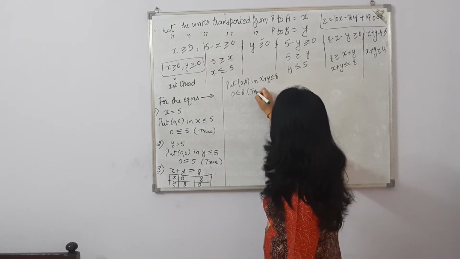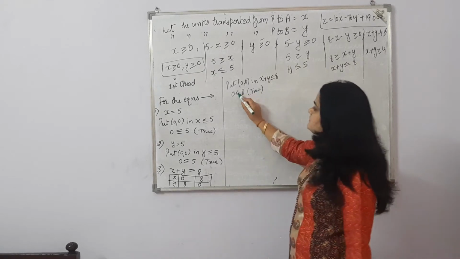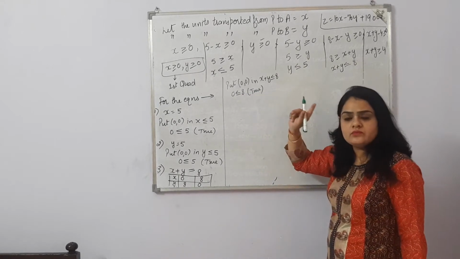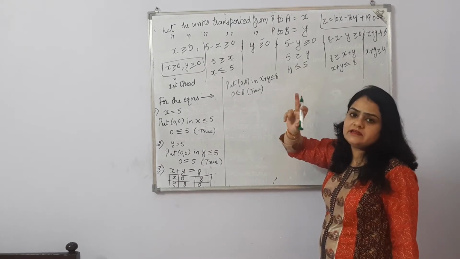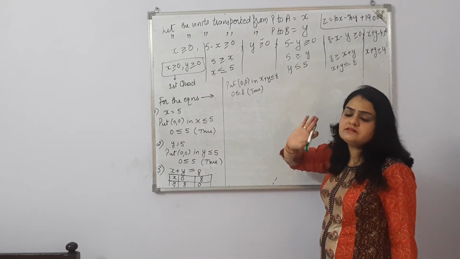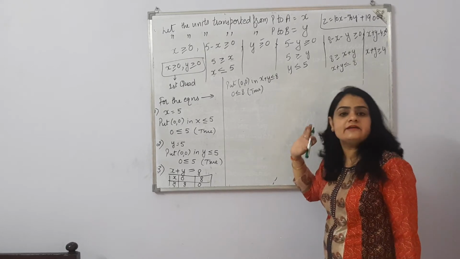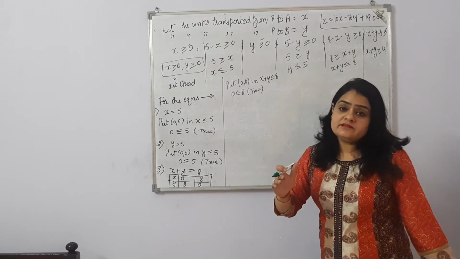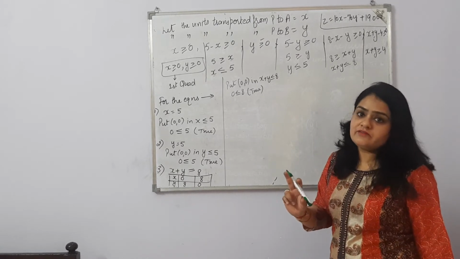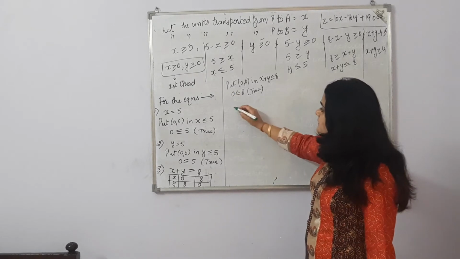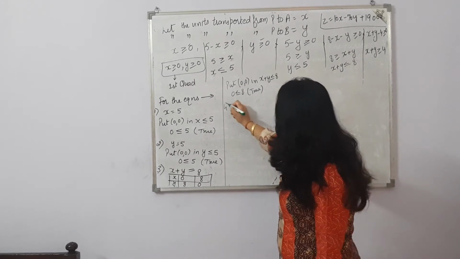Yes, it is true. Because in the case of less than or equal to, if the condition is true for any one of the cases, then we can say the case is true. Because at one time, one number cannot be both less than and equal to. So at one time only one condition can be satisfied. So here the one condition, less than, is true. Now we'll take the fourth equation.